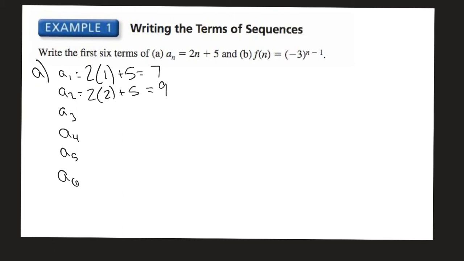Now, if you look at your equation, if you remember back to linear functions, that slope is telling you what you're increasing by each time. So looking at that pattern, I've got 7, then 9. This is going to be 11, 13, 15, and 17. So please show your work on the first couple, and then from there you can use that pattern. Now that only works for linear,